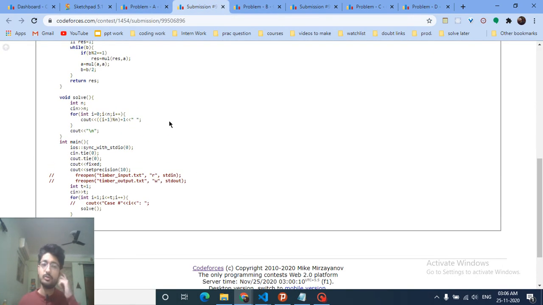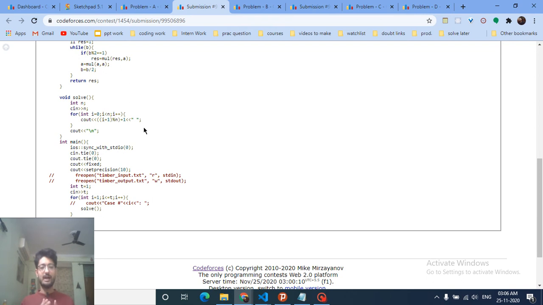So for right shifting, as you can see, I'm iterating from left to right, so from i equal to 0 till n, and my output for every i is i plus 1 and then mod it with n, such that I will be finding out the next position for every index. So let's assume that this index is 0, so I will print 1, but because indexing is from 0 but the original indexing is from 1, so I have to plus 1 in this.